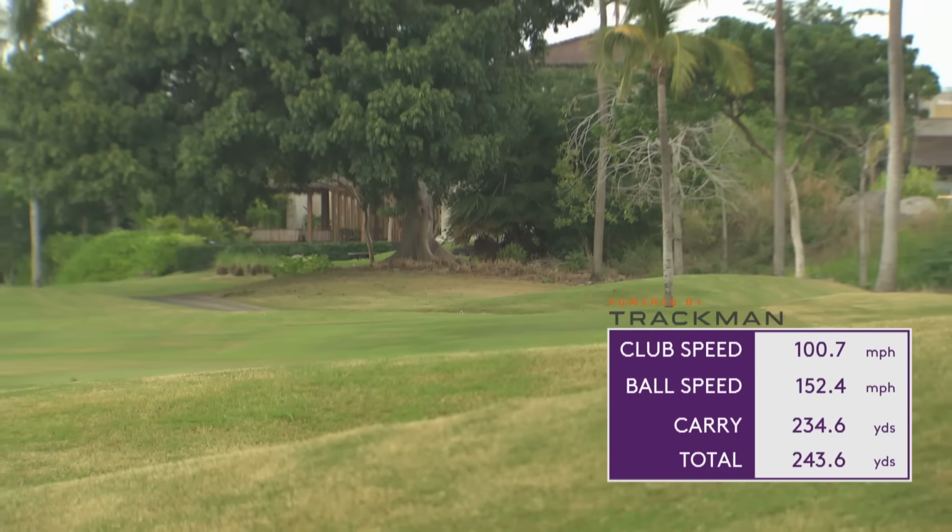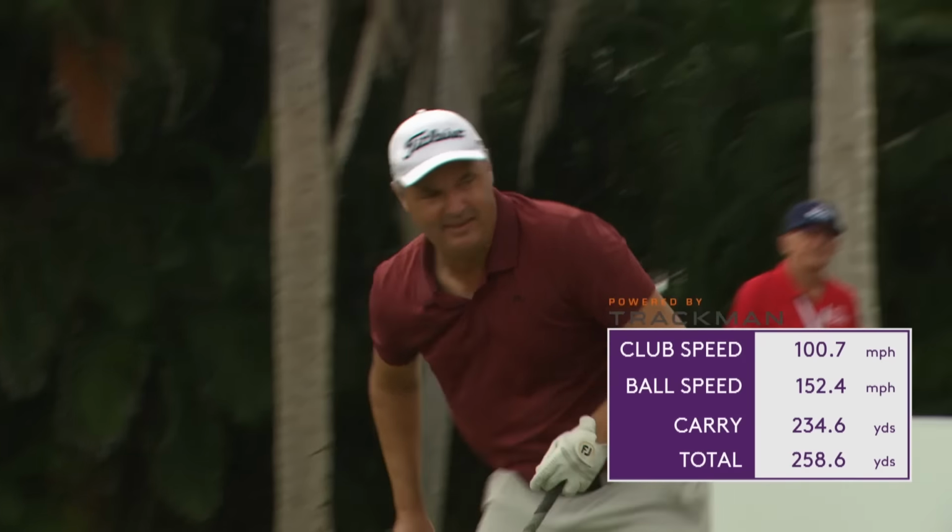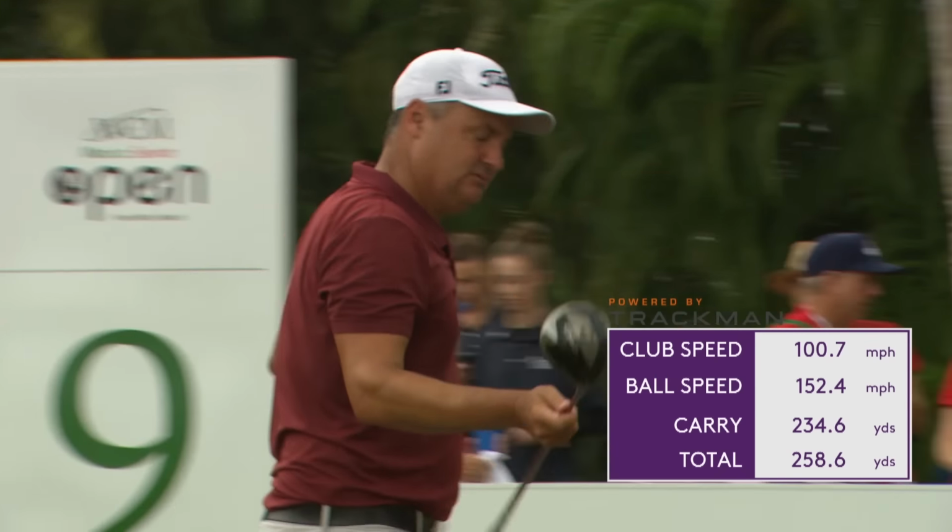Looks like it's going left, it is. Find the fairway. Probably won't be able to get home in 2 there from Simon. Not his best, but